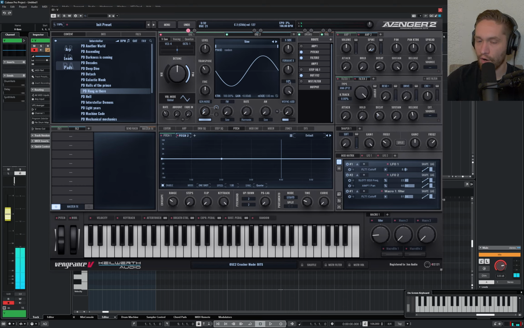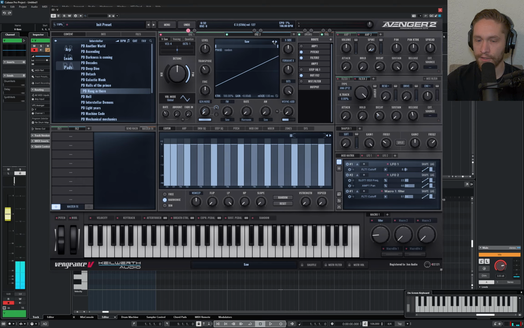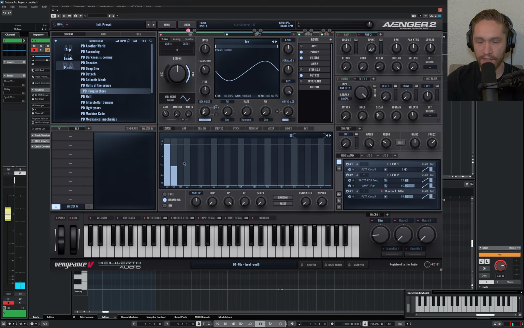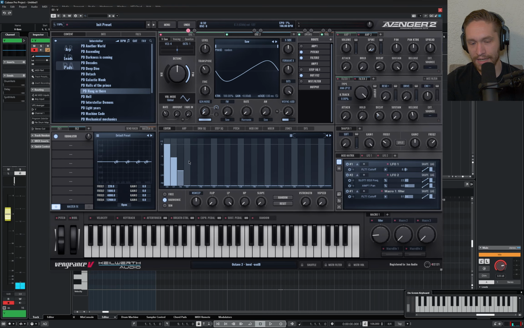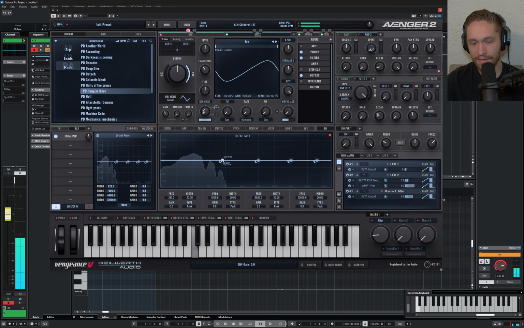So we have that kind of sound for our sine wave. And maybe, you know what? Let's do this. Let's go to saw and let's take all these out except for maybe this. That might be kind of nice for a little bass. Okay, so we have this. We probably don't really need to EQ. Maybe